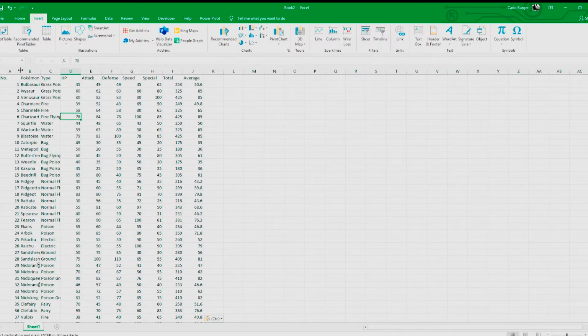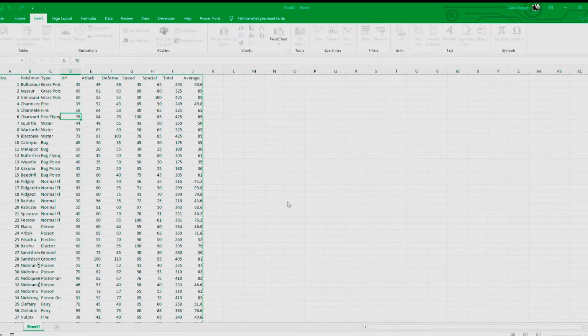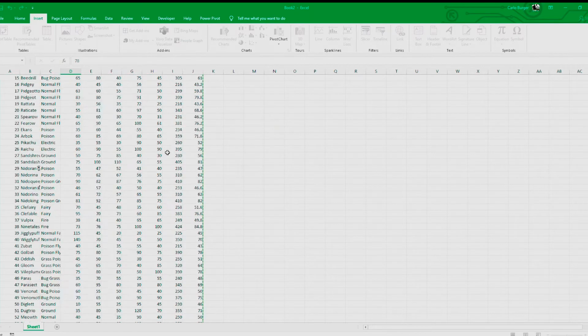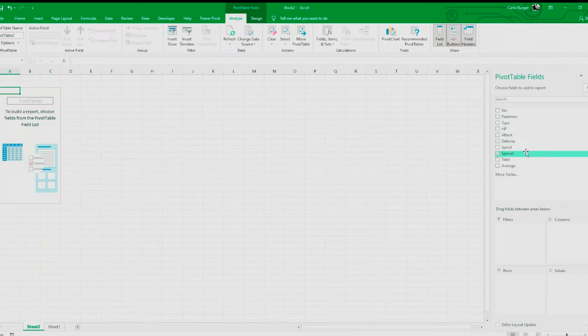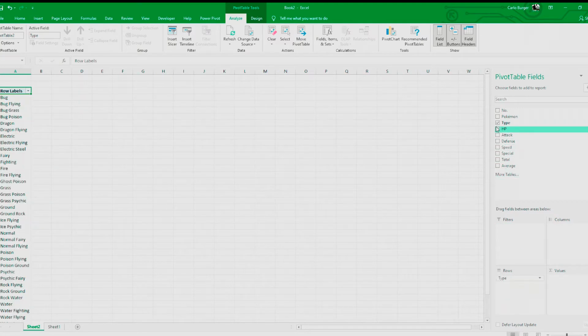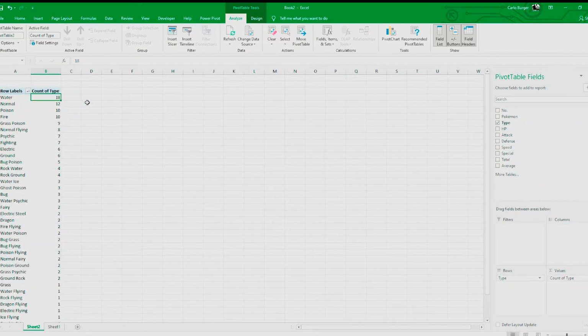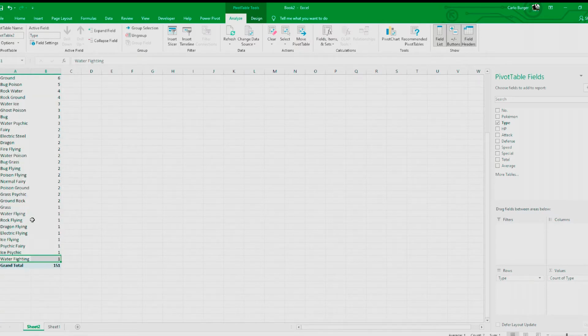So next, go to the top left here, go to Insert. From here, it's going to auto-select the data selected. You can either paste it here, or go to a new worksheet. From here, we can go to typings and we can find out what the most common typing is. And we can clearly see here that water type is the most prevalent, with water fighting and everything here being